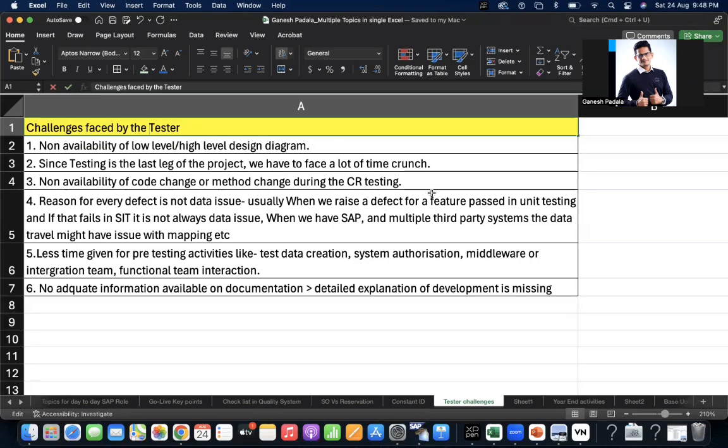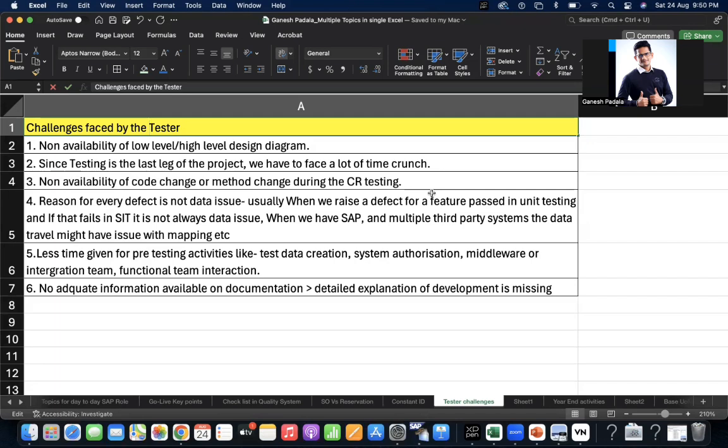The master data preparation is also not proper because they didn't understand the exact changes. Generic master data was prepared, but based on the changes, they have to take proper master data. All these challenges will be faced by the tester because the design details are not shared properly with the testing team.